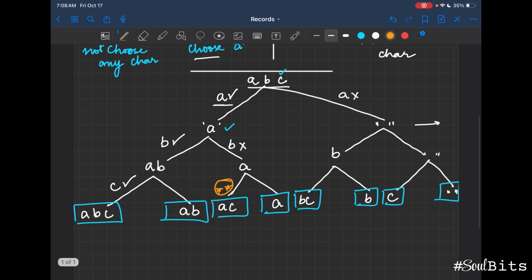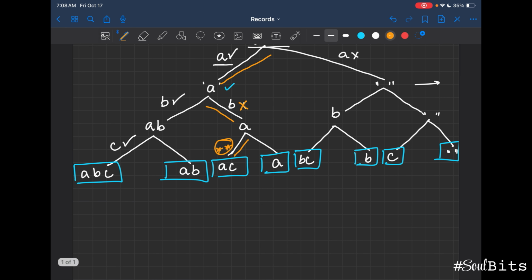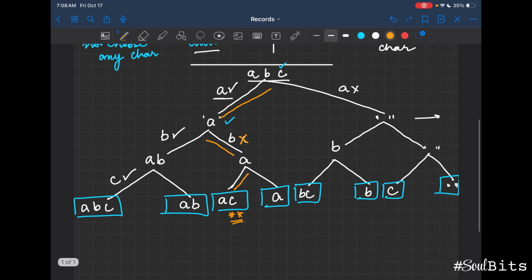So the path in the decision tree that we took was this here, where we chose A, and then we came to the right, we deleted B, but then we included C, and that is how we removed that middle character from the string to get AC. In my opinion, this is a very important leaf node to understand. If you understand this, you'll understand the decision tree.